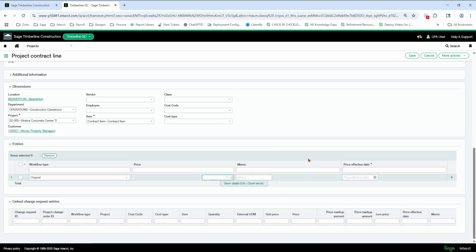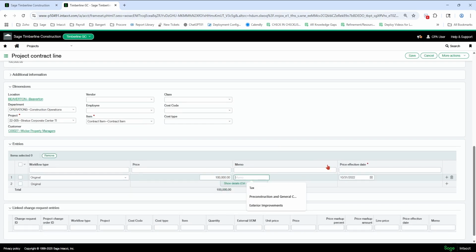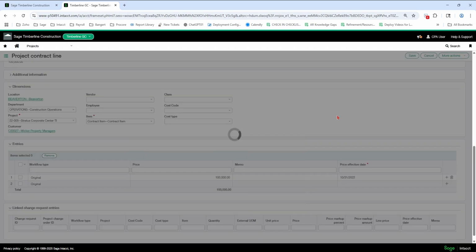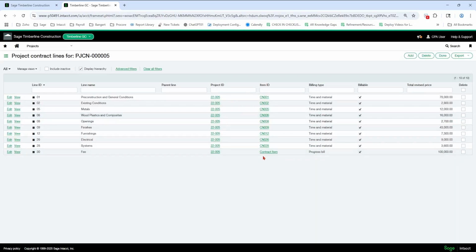Let's do $100,000. Save. Okay, so now I have a scenario where I've got my time and material. And it's going to calculate those costs and it's going to do the fee at the bottom.